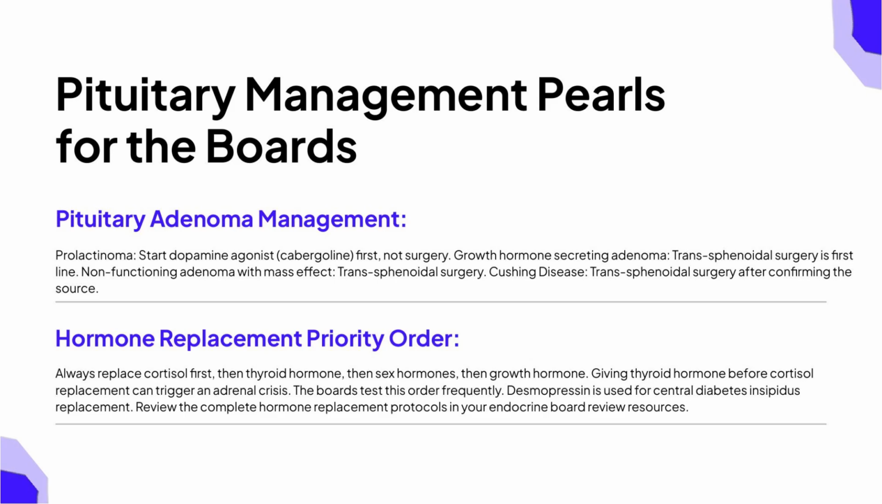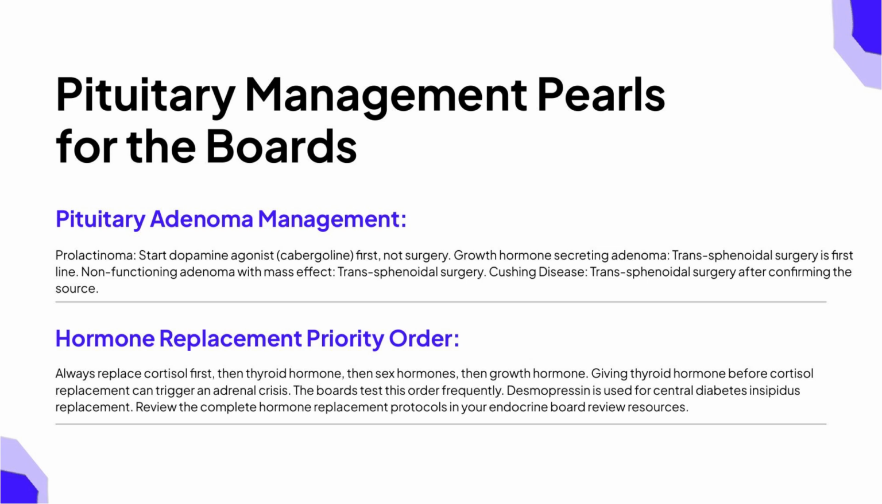All other symptomatic adenomas, including growth hormone-secreting tumours, non-functioning tumours with mass effect, and Cushing disease, are treated with transsphenoidal surgery as first line. Second, the hormone replacement priority order is critical. When replacing multiple hormones in panhypopituitarism, you must start with cortisol first, then add thyroid hormone, then sex hormones, and